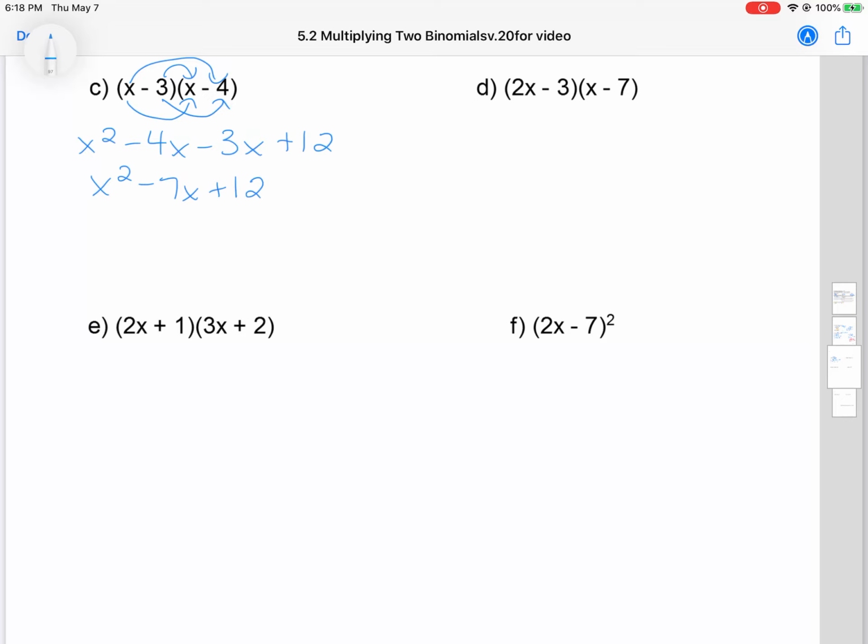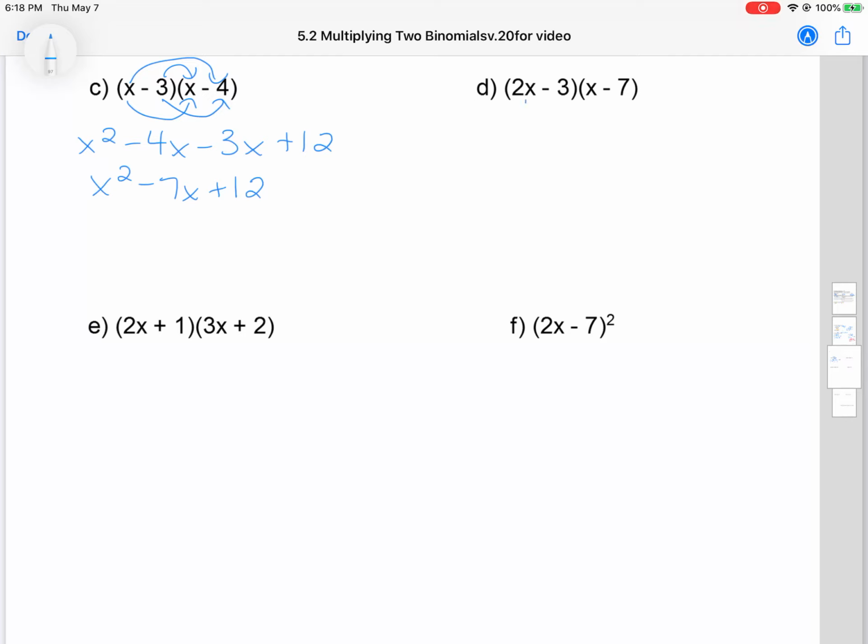And again, if you can't do negative 4 minus 3 in your head, just put it in your calculator. Okay, you can't put the x's in. You just have to make sure you include those when you do that math. Okay, so